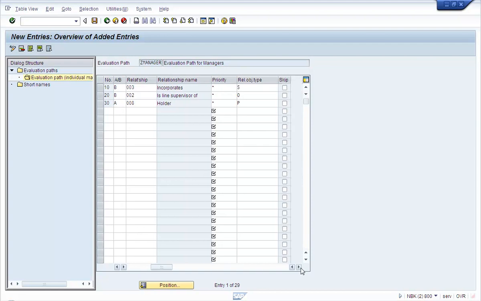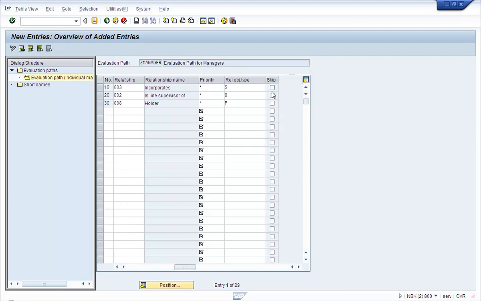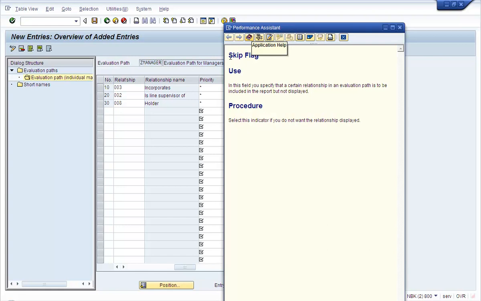Now if you scroll a little bit here on the right, you'll see a box called skip. Let's select that and press F1, and we get documentation about this field. What this check mark indicates is that the evaluation path should include that relationship, that is O to S, but the data should not be displayed in the report.